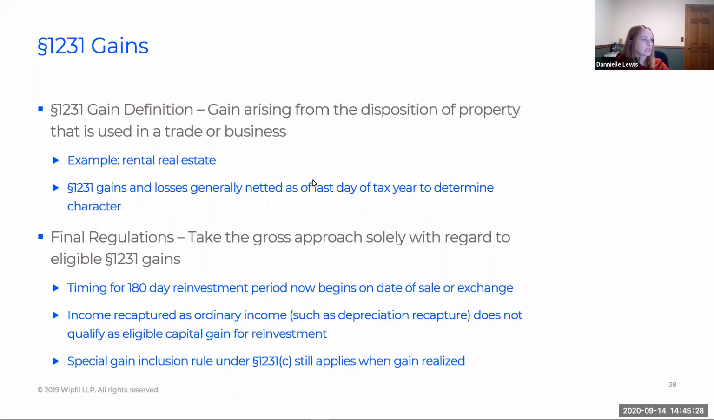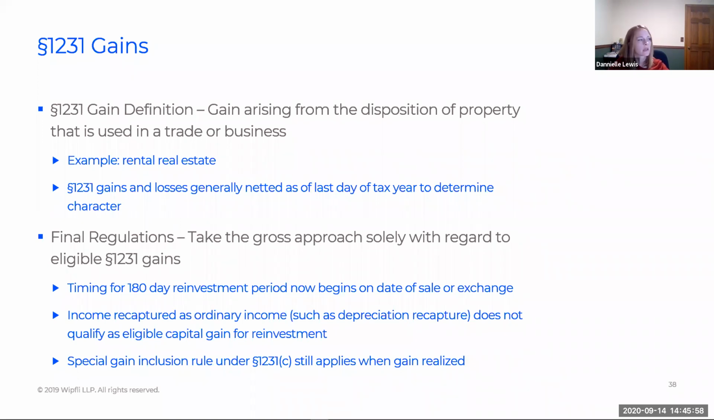Okay, getting into one of the last pieces, which is, hey, what gains can I even invest in a fund? Pre-final regulations, 1231 gains, which are gains from the disposition of trade or business property, was really messed up, I'll be honest. They wanted you to wait till December 31st of that year to be able to invest any gains. It created a lot of confusion, and I saw a lot of people investing their gain at the